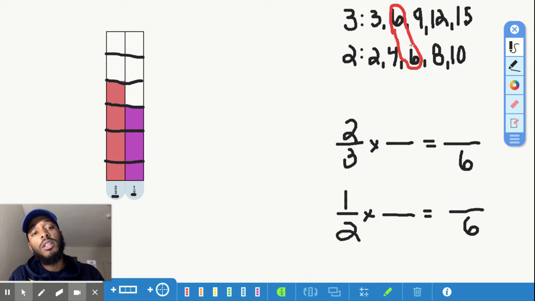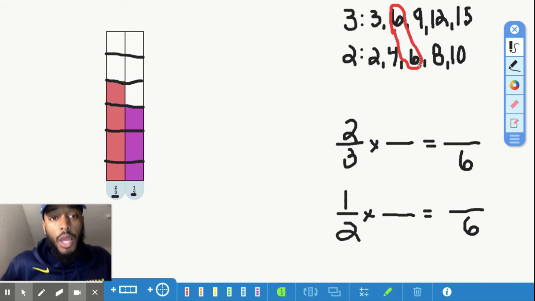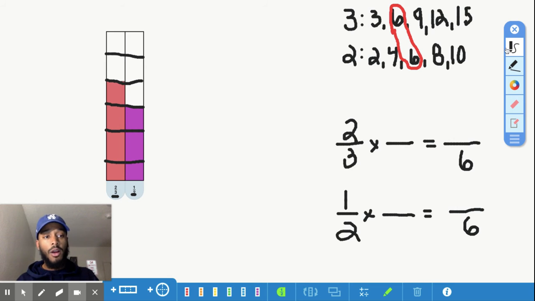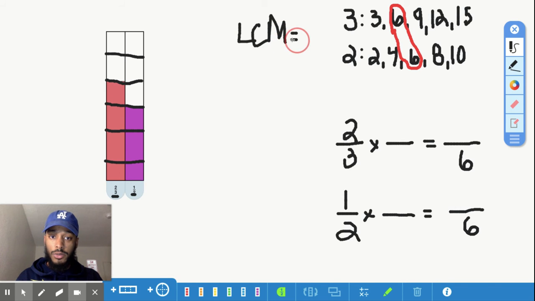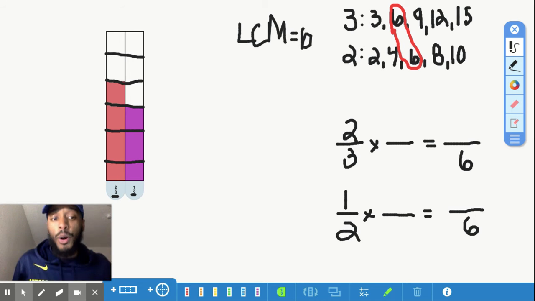This is the smallest number that both 3 and 2 have in common when I list my multiples. So now that I know my least common multiple, or my least common denominator, however you want to call it, I'll write over here LCM is equal to 6. I know that my new equivalent fractions are both going to share that denominator of 6. And when you see 6, just remember that is what the fraction bar models were broken into, 6 equal parts,